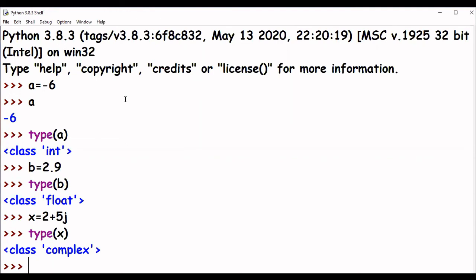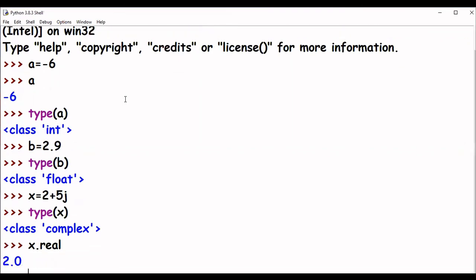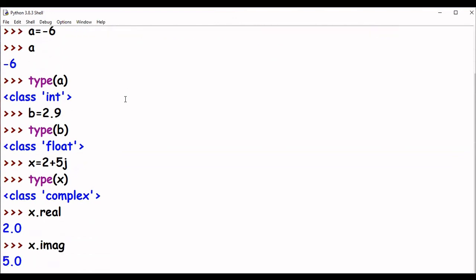That means it is data type complex. I can also type only the imaginary part or only the real part. I can ask Python to give me only that much. For that, I say x dot real, enter, and I get 2. And if I say x dot imag, I get 5.0.